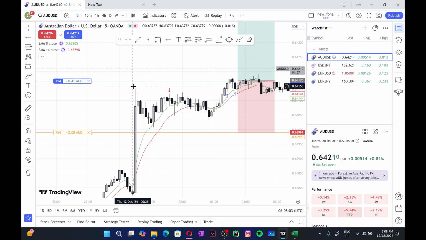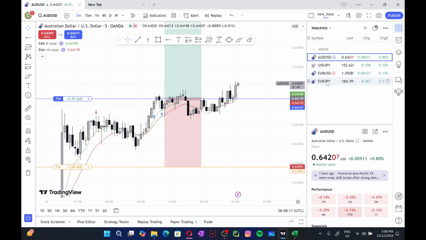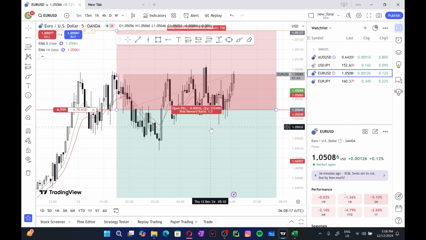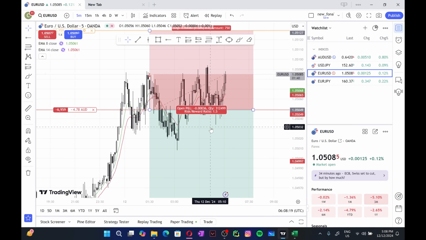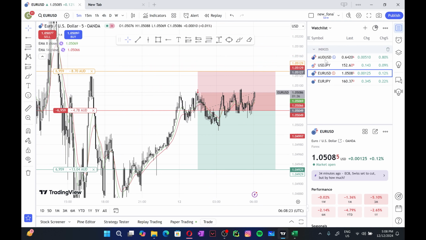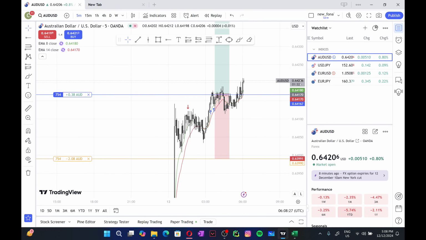The zone was a flip zone, and the price did touch the stop loss, and we had a loss. As soon as that happened, I knew for a fact that the price would keep going up, because even when I looked at the EUR/USD chart, the price was actually going up. You see the price was going up, and both of them we sell in the USD, so it is kind of relatable. That's what I believe.